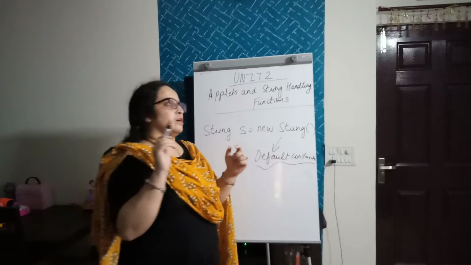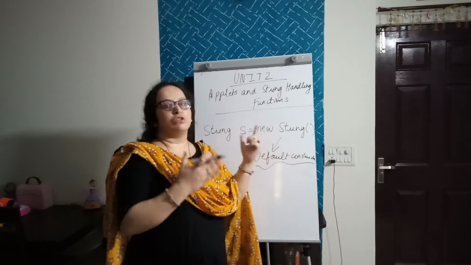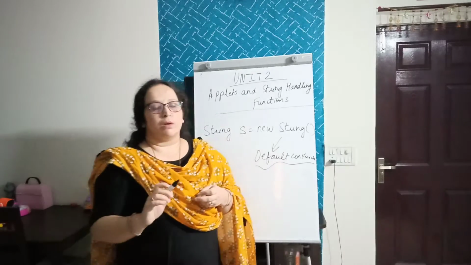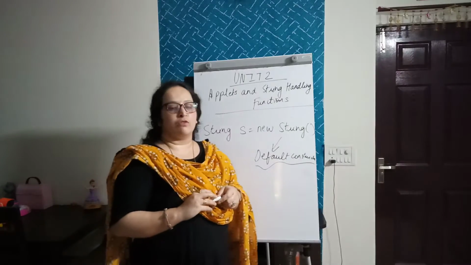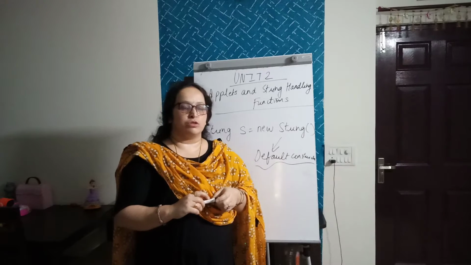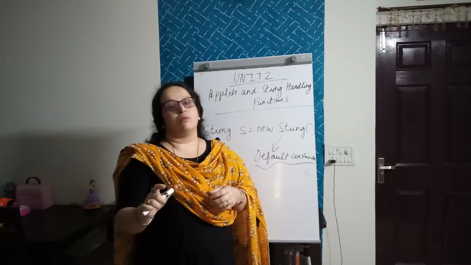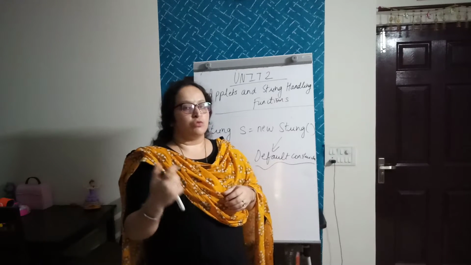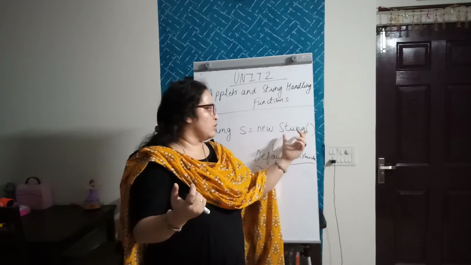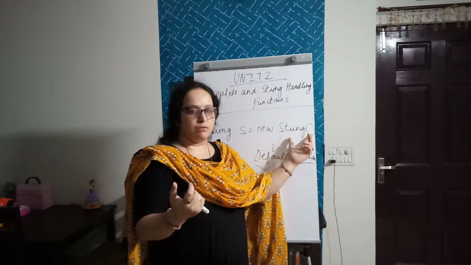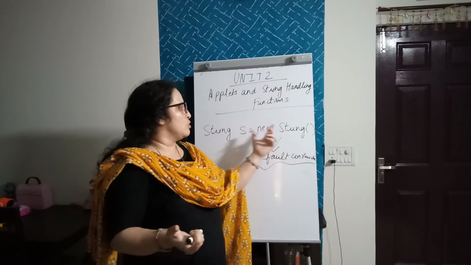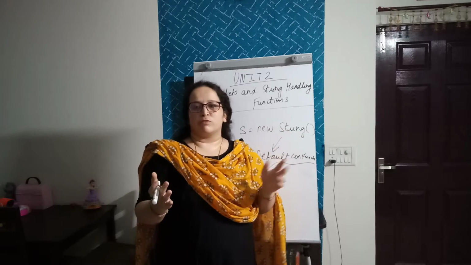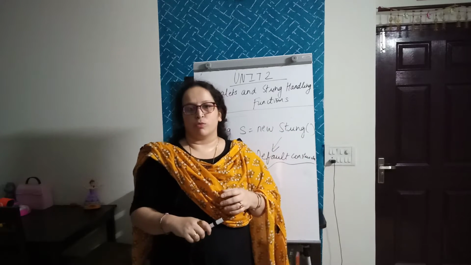What will this default constructor do? It will go to the instance variables and it will assign 0 to the instance variable. If you remember, I gave you an example of, we used a class with the name box. In that box, we declared 3 instance variables with the name width, height and depth. So once you declare this default constructor, you have to use it anytime you create any object. You have to use this syntax only. So what will it do? It will go to the instance variables and assign the default value 0.